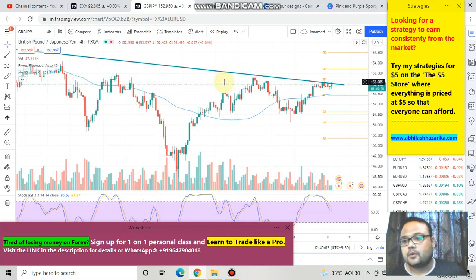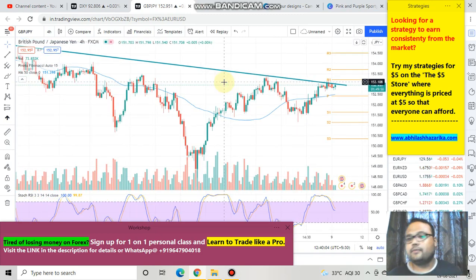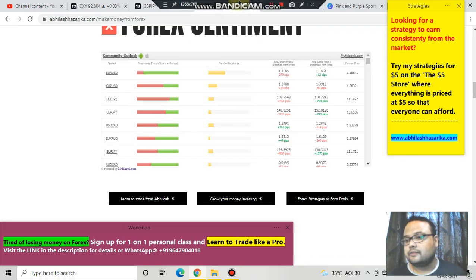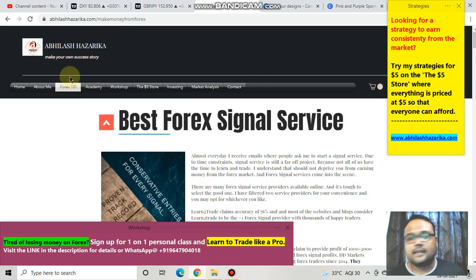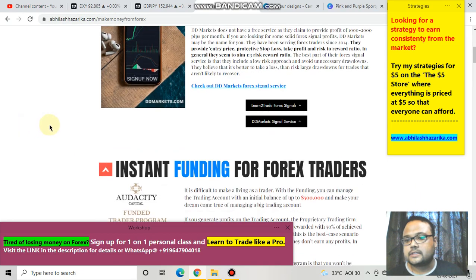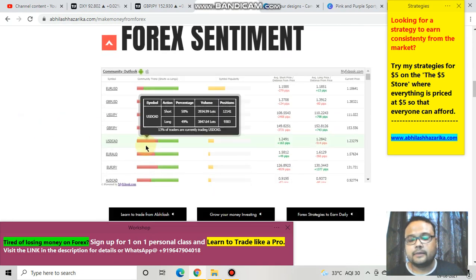Therefore, what should be our strategy? Okay, before jumping to the strategy, let me take you to the Forex sentiment meter once. This is the Forex sentiment meter, my dear friends. You'll find the Forex sentiment meter on my website avilashazarika.com under the Forex 101 section. The Forex sentiment meter, you can see that